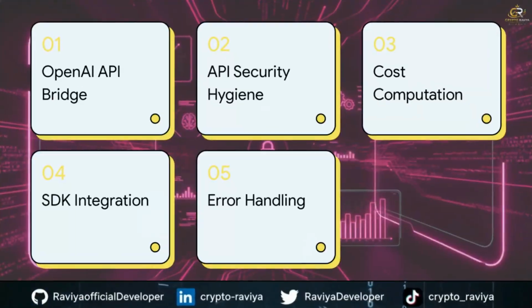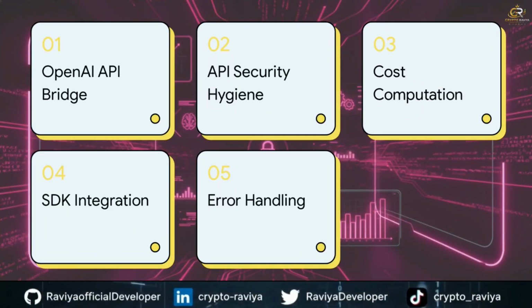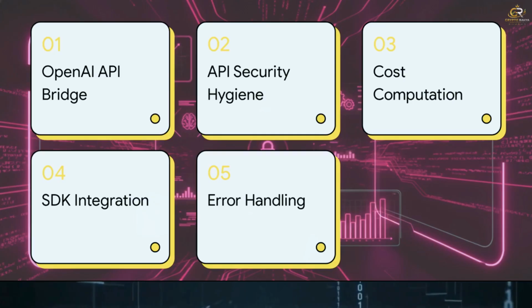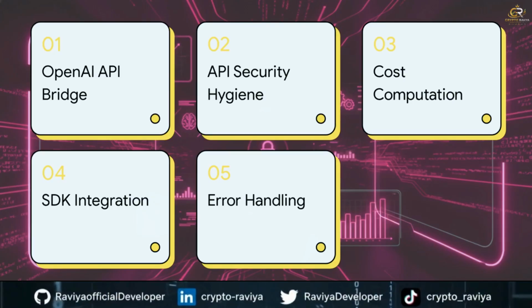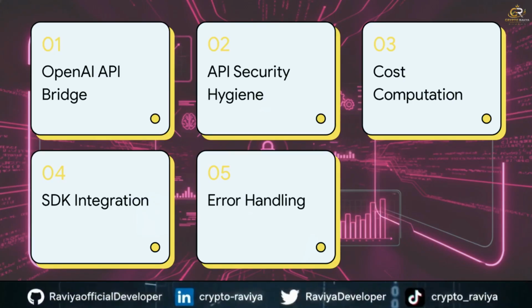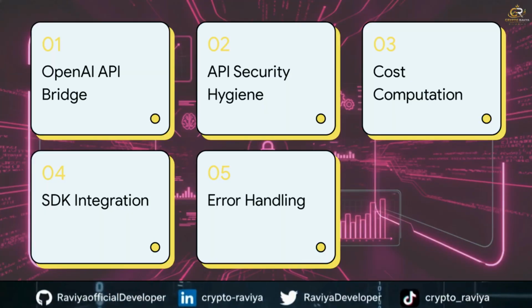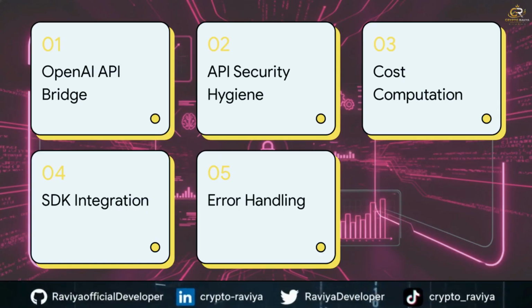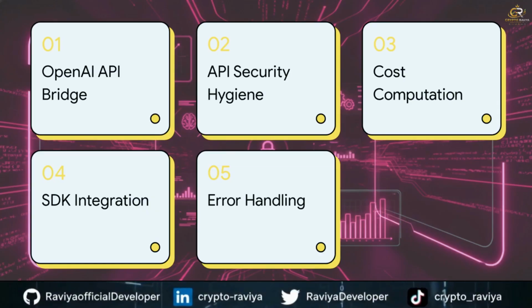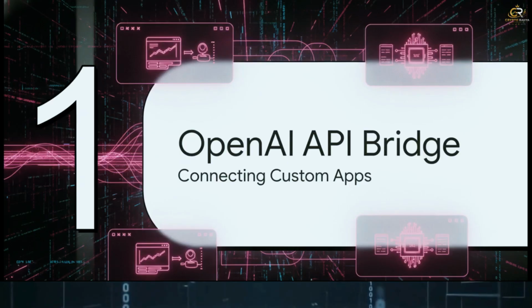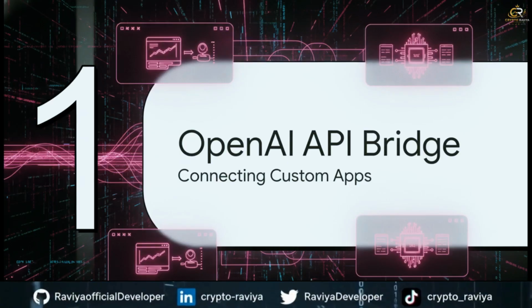Okay, let's dive into this. Here's the secure architect's blueprint we're going to follow today. 1. The OpenAI API bridge. 2. API key security hygiene. 3. Tokenomics and cost computation. 4. SDK integration. And finally, 5. Mastering error handling. All right, let's kick things off with Section 1, the OpenAI API bridge, and how we connect